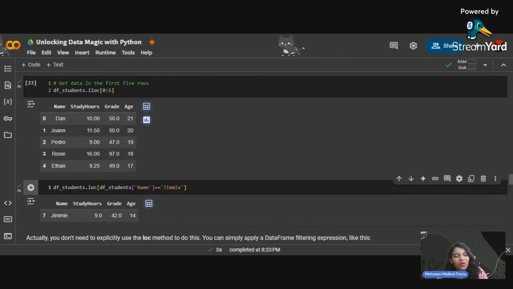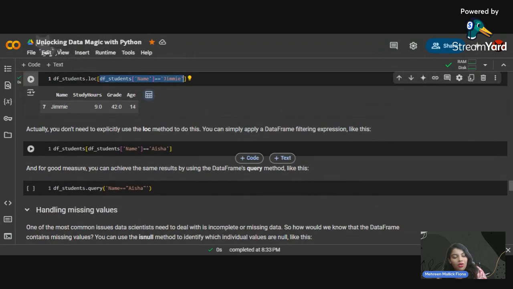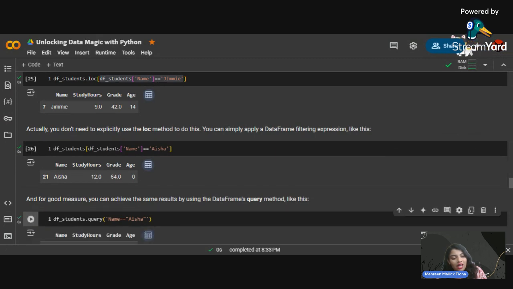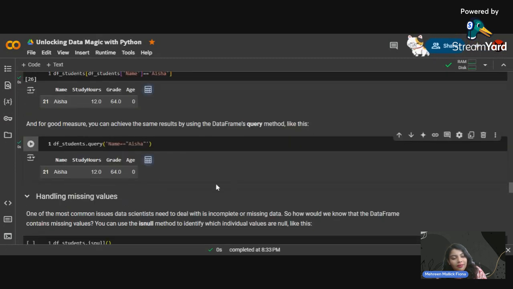So we can also use another way of filtering data where we do not need to use these two built-in functions of the Pandas library. We can simply use the dictionary syntax here, the key value relationship. Here we can see that without calling the built-in function, we can also do the same operation. So this is another way. And lastly, we can get the same result through the query method. So you can see Aisha, you would simply get the same thing.